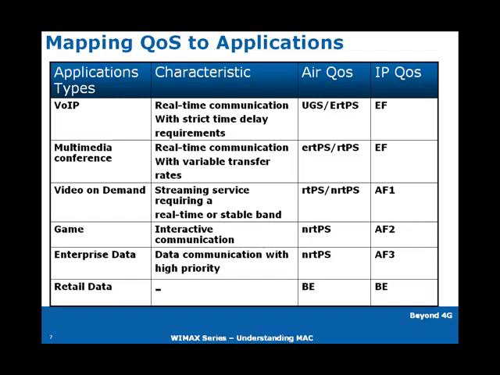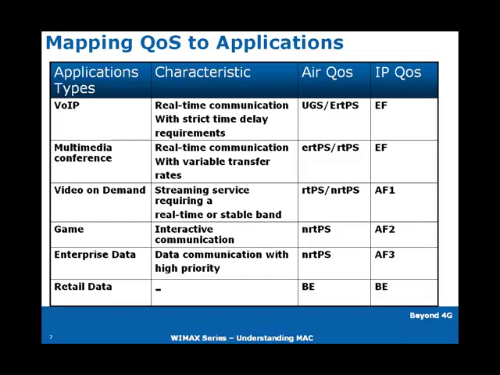So for example, if you have a voice over IP application which requires real-time communication with very strict delay requirements, then over the air we can map it to a UGS or ERTPS QoS, and over the IP a DSCP bit marking of EF can be applied. If you have enterprise data that needs to be given priority over retail data, then over the air we can map it to an RTPS flow, and over the IP we can map it to an AF3